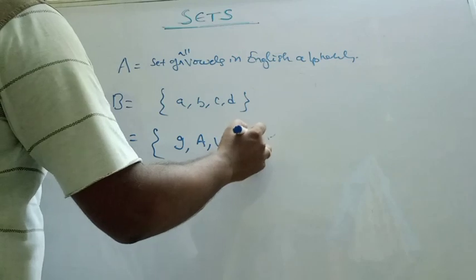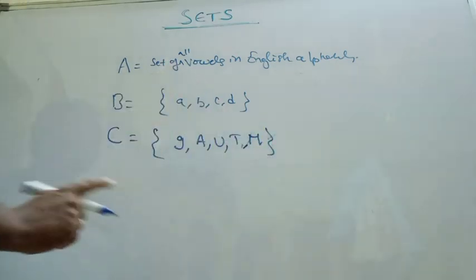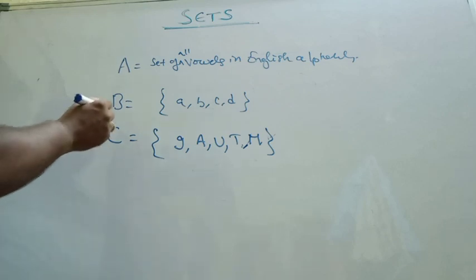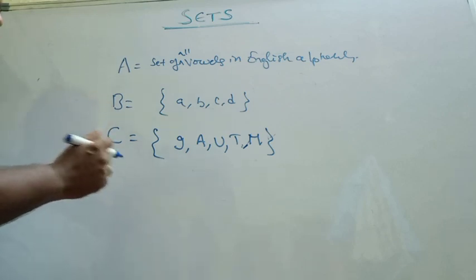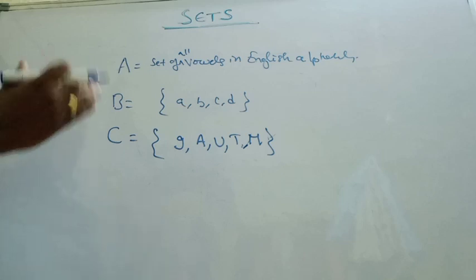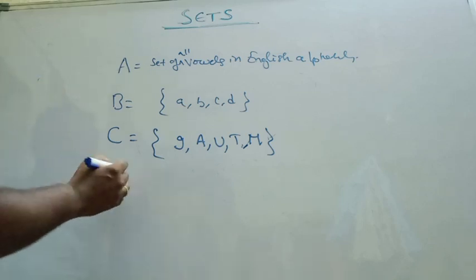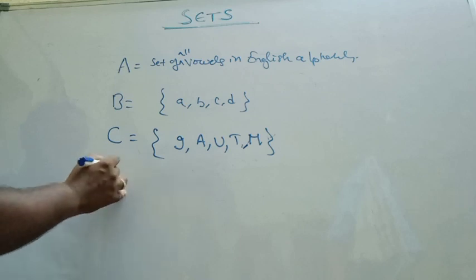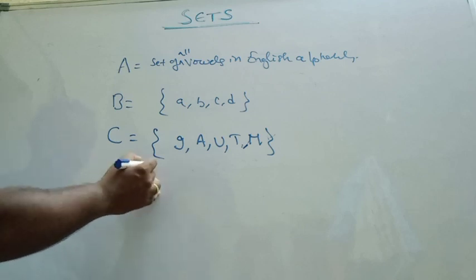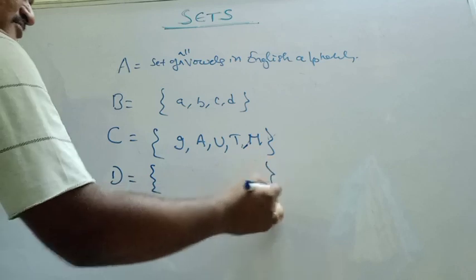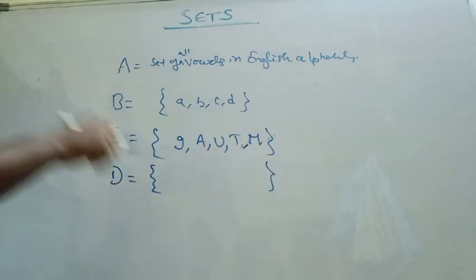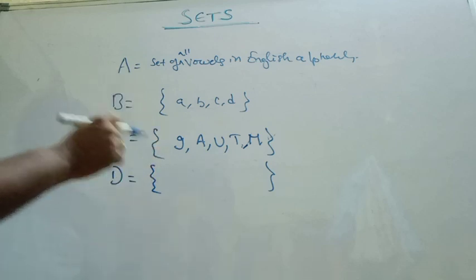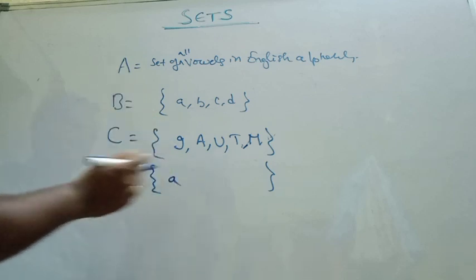G, A, U, T, M, like, because only one letter, the letters will not be repeated in this, of course. A set is denoted by capital letters. The structure of a set is nothing but any set, as I have shown you here. Suppose set D, this is a capital letter, and you open the flower brackets here, and the elements inside the set are usually denoted by small letters,